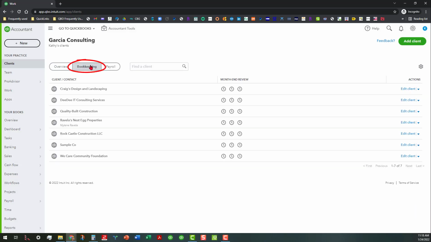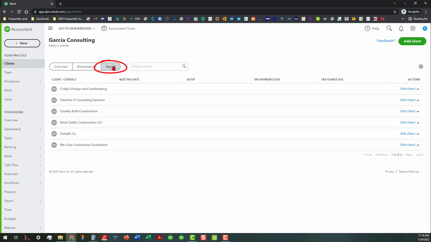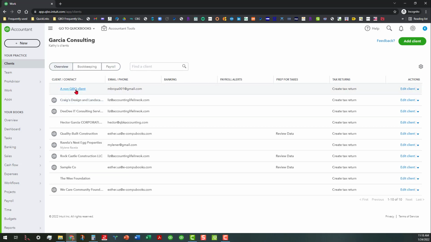There's a bookkeeping tab that allows you to ease the process of month-end review for these QBO connected clients. If you're working with payroll with any of these firms, this is another screen that allows you to get to those. Now, going back to the overview screen, if you click on any of these names right here,